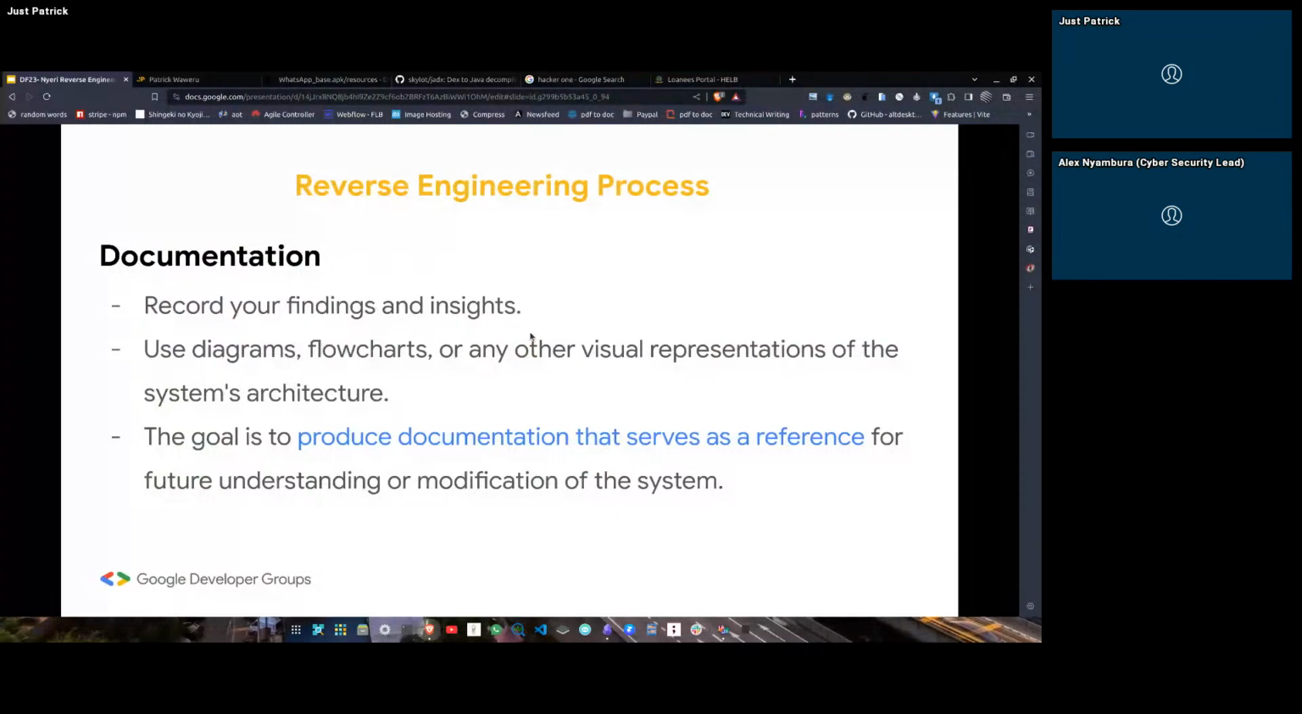Record your findings and insights. Use diagrams, flowcharts, and other visual representations of the system architecture. The goal is to produce documentation that serves as a reference for future understanding and modification of the system. Now, in this case, take the example of WhatsApp, those GB WhatsApp and so on. They document every single feature of WhatsApp. They see how it works. And then when they're adding more features like hiding blue ticks, they were able, for example, in GB WhatsApp,